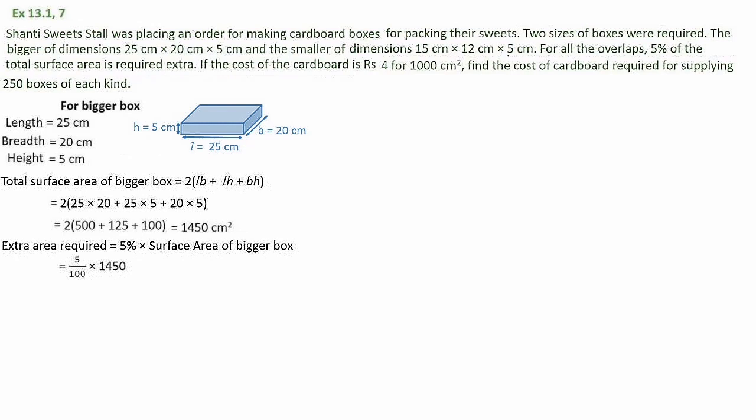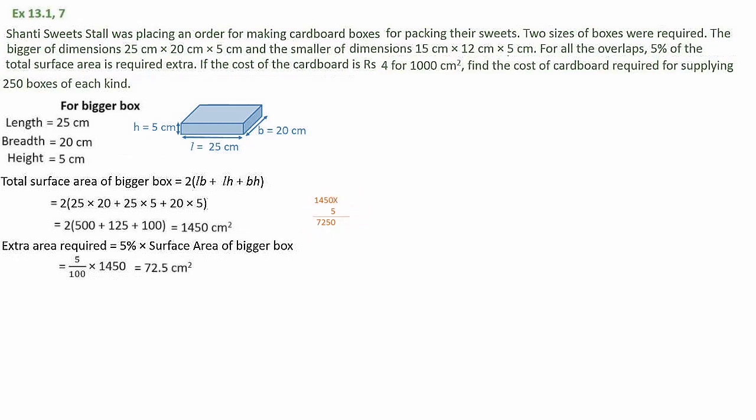And here 5 and 1450 we can multiply. 0 into 5, 0. 5 5s are 25, remainder 2. 5 4s are 20 plus 2, 22. Remainder 2. 5 into 1, 5. 5 plus 2, 7. So 7250. So this mental calculation is not possible, so you have to go for multiplication. Wherever possibilities are there for mental calculation, you can go for that. And if you feel difficulty, you can go for written calculation.